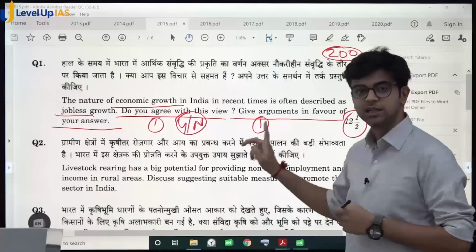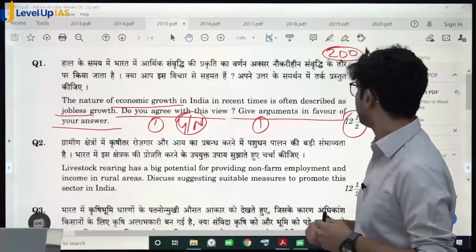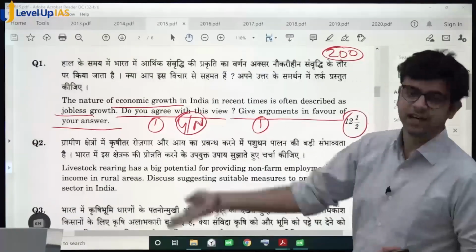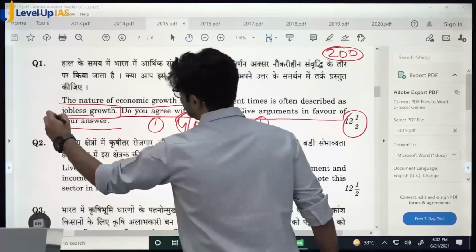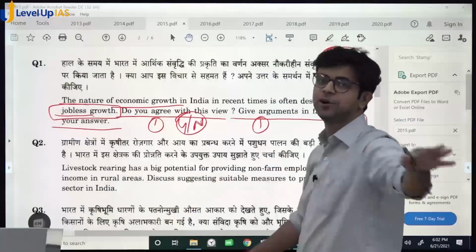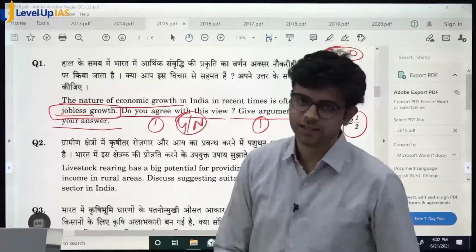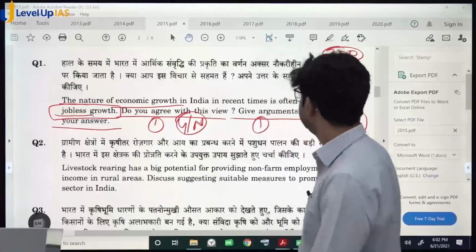That makes this question a difficult question. But what can we take from this question as content for future answers? Jobless. This word, this keyword. You must have seen keywords are very important in answers. Keywords, fancy words, flashy words are important in answers. See, why keywords are important is they help you achieve